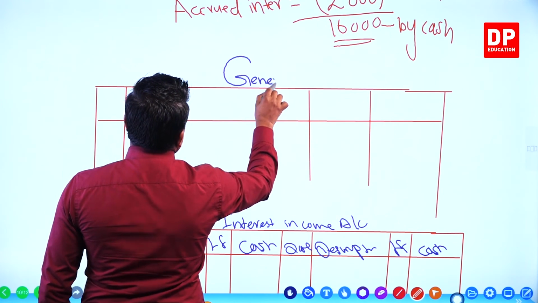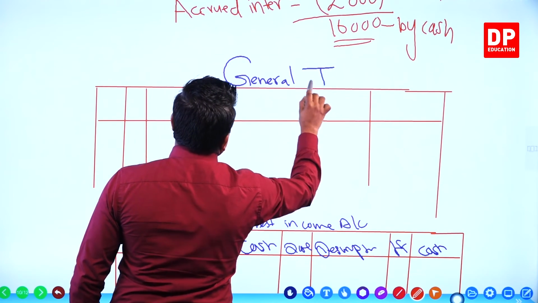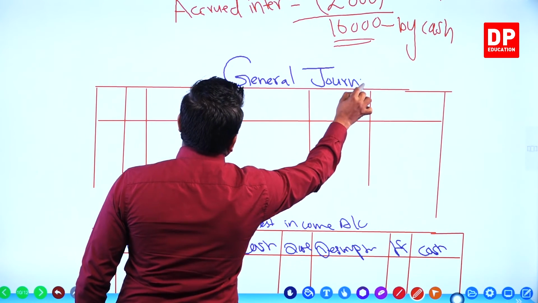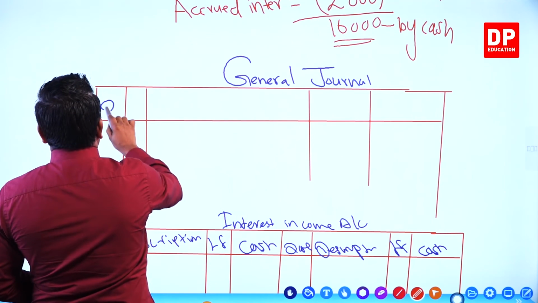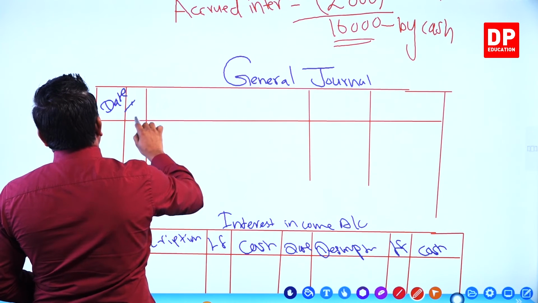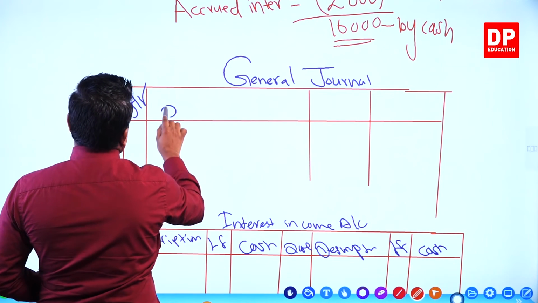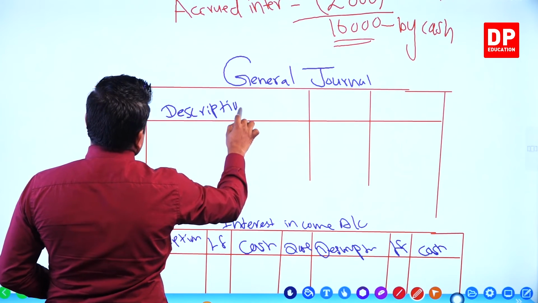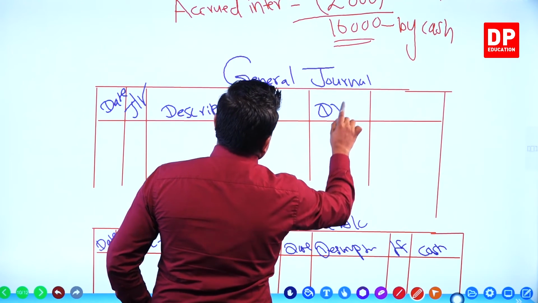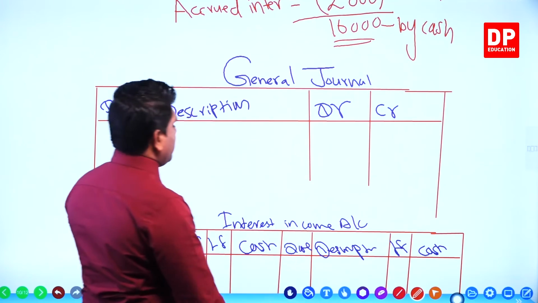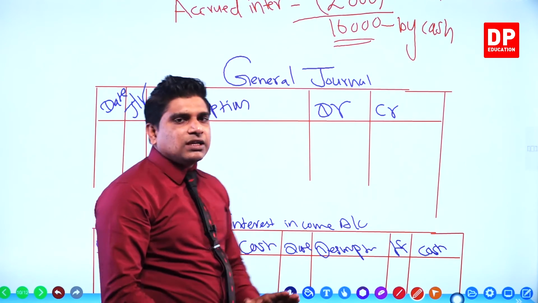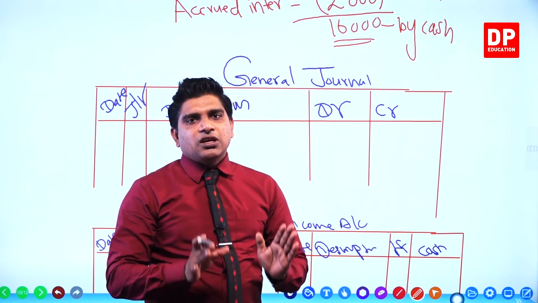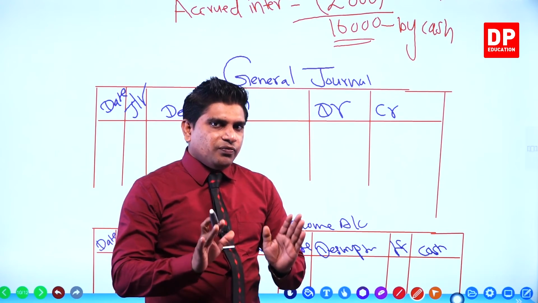These are the details, but we have to name the general journal: date, journal voucher, description, debit and credit. Okay. Now we have finished the drawing part: general journal, ledger accounts, profit and loss statement and statement of financial